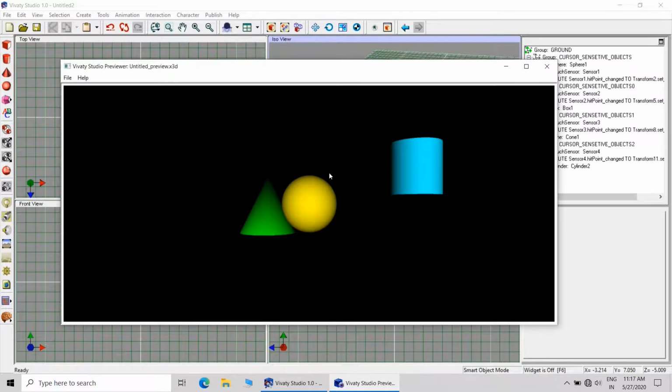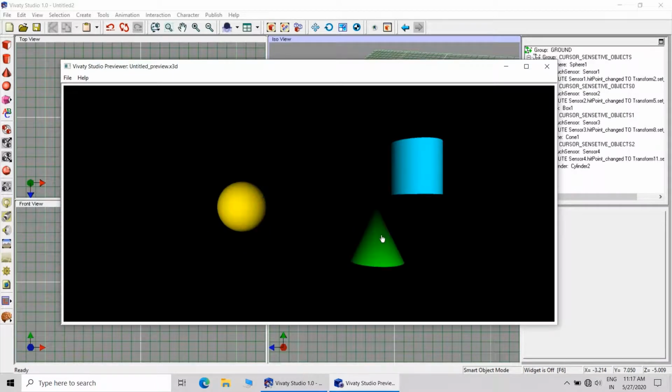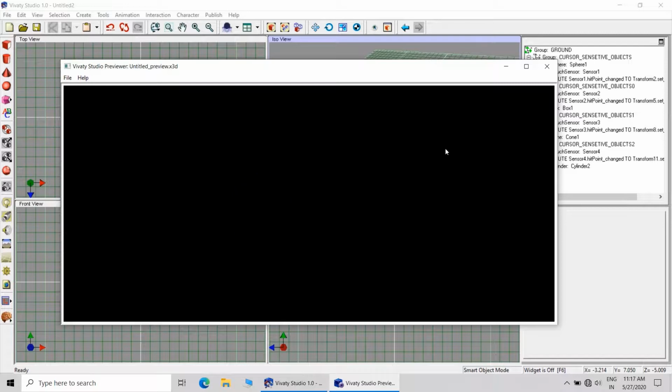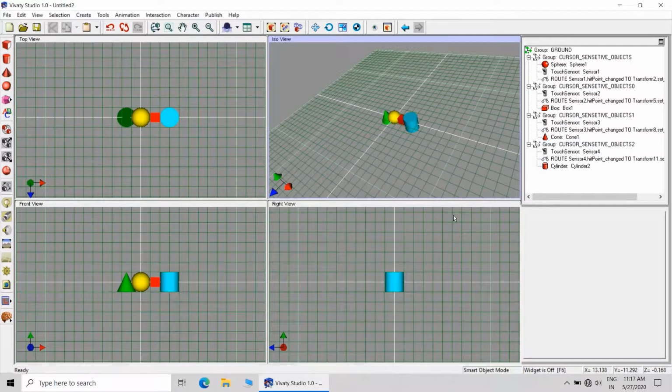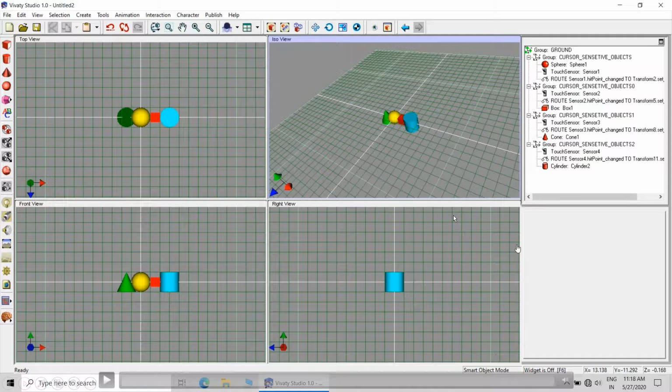What we see is an explosion, but it is probably going to the other side. If you rotate the view, probably you will see that the object has been translated to the other side. So this is how we have built up this logic.